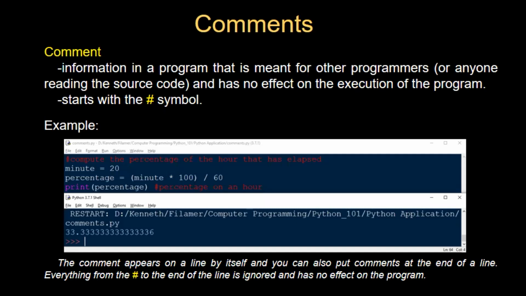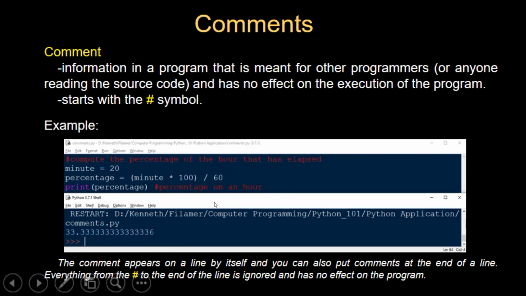So normally it starts with the pound sign or the hashtag symbol. And for example, we have here, compute the percentage of the hour that has elapsed. And so yung output niya mismo, wala na yung